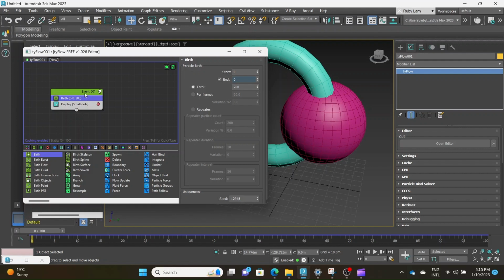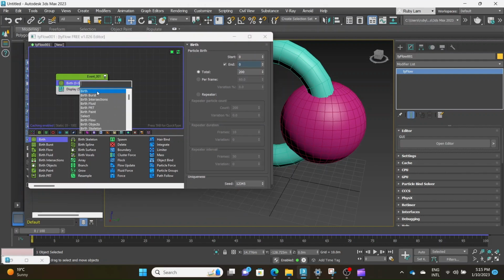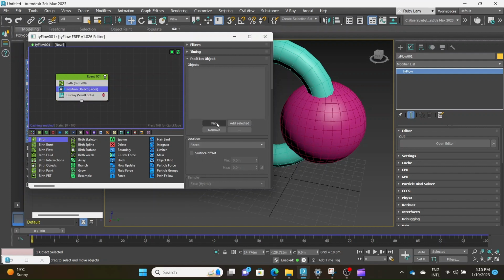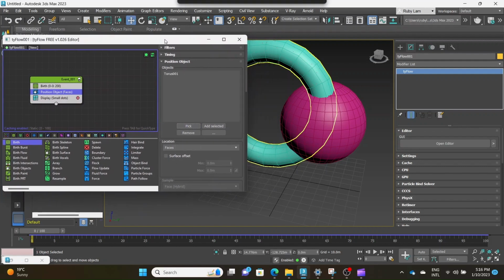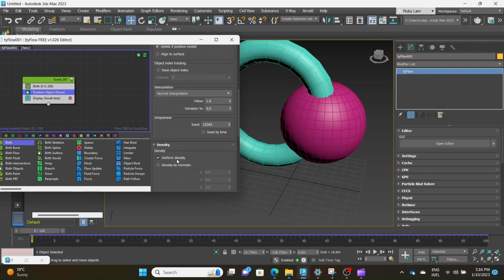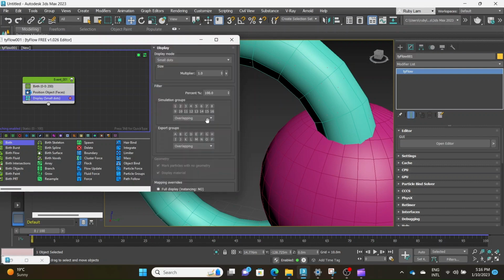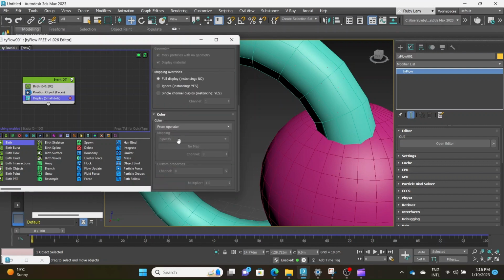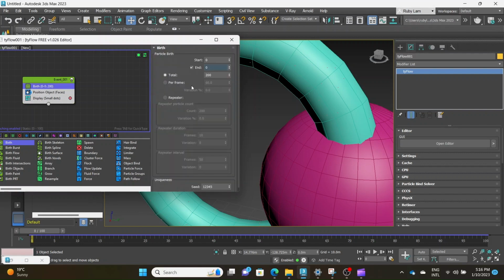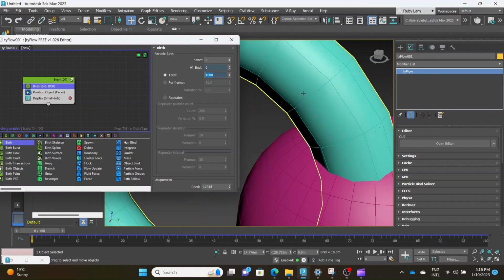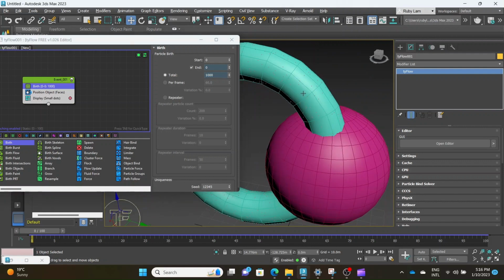And so from here, I now need to press tab, and I'm going to position object, and I'm going to select the torus as my object. And this has now all those dots, so I might increase the birth of these to be a bit more frequent. So I'll maybe make 1,000, so you can see the number of dots on the torus is